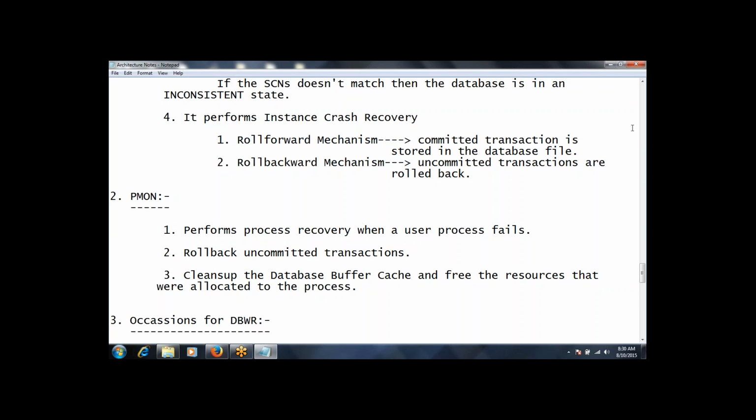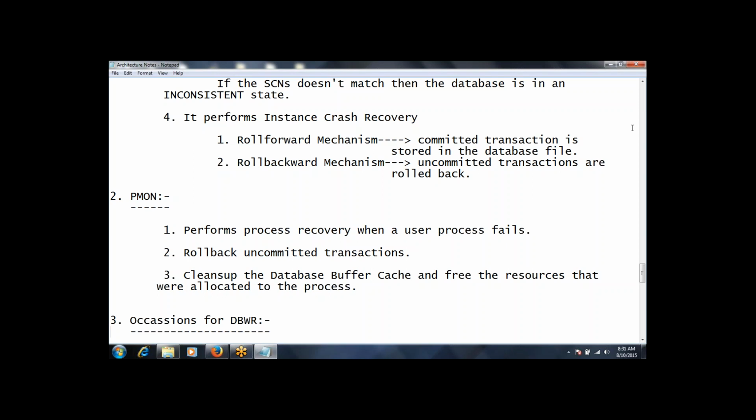Like this, if n number of users are connected, we have n number of sessions established to the Oracle database server. For every session, a separate user process will be created. When it fails, it performs recovery for that process, the user process. Remember that PMON is related to the user.